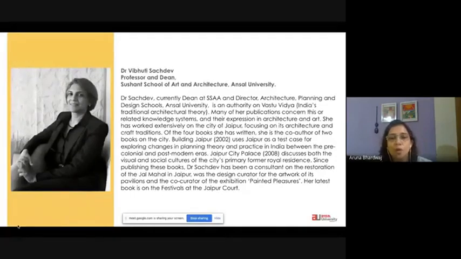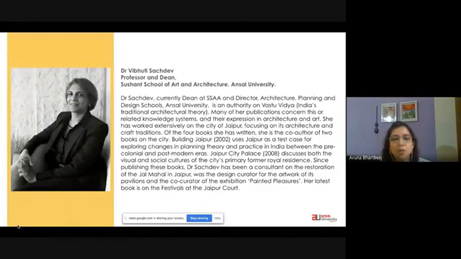Of the 4 books she has written, she is the co-author of 2 books on the city. Building Jaipur uses Jaipur as a test case for exploring changes in planning theory and practice in India between the pre-colonial and post-modern eras. Jaipur City Palace discusses both the visual and social cultures of the city's primary former royal residence.